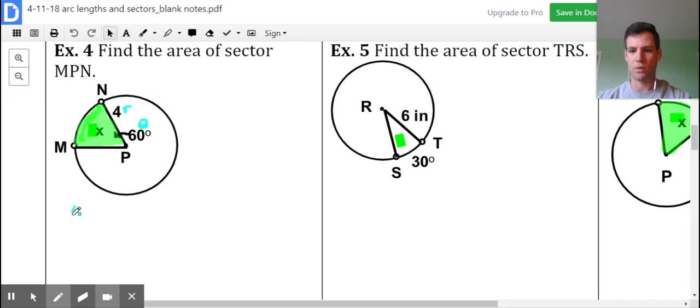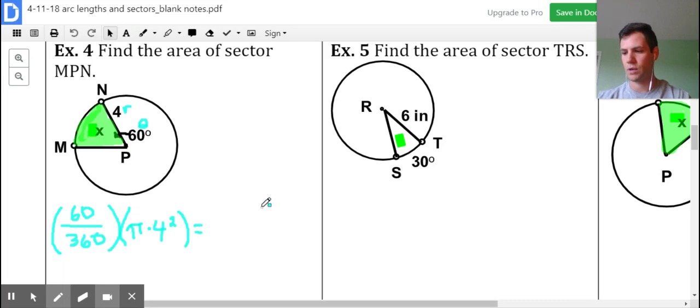So that means that we would do 60 over 360 and multiply that by the area of the circle, which would be pi times our radius of 4. And we'll square that radius. And if you put that into your calculator, you get about 8.4 units squared for the area of that green